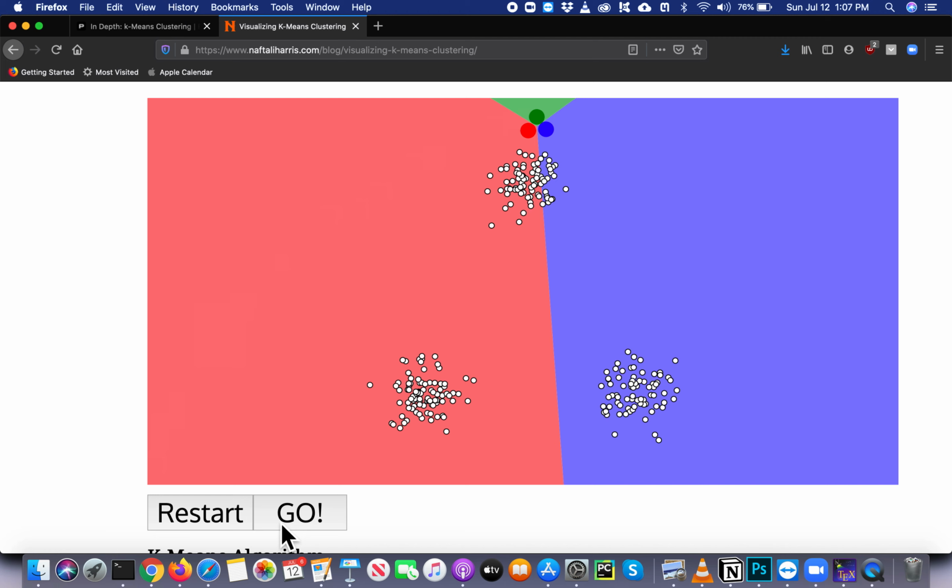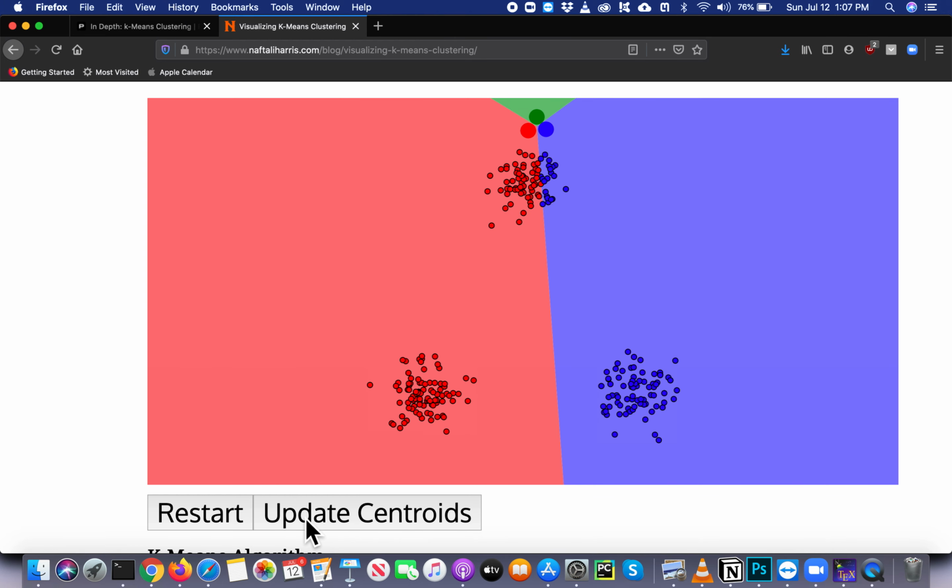If I click on go, the first thing which happens is that each point gets assigned to a cluster centroid which is closest to it. So we don't see any green cluster centroid yet. In the next step, we'll update the centroid. So you look at all the red points and you bring the red centroid to the centroid of these points, similar to the blue centroid to the center of these points. Once we do that, you now see that